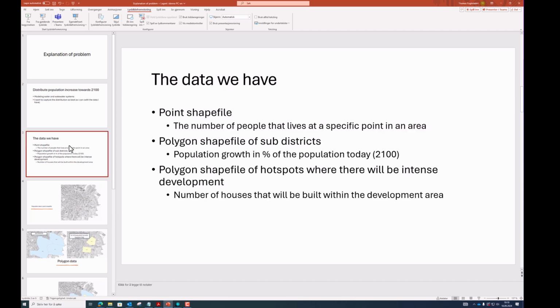The data we have is a point shapefile with the number of people that live at a specific point in an area. We have a polygon shapefile of sub-districts, and these sub-district polygons contain information about the population growth in percentage from today's population. So if it's 25%, it means that there will be 25% based on today's population, which will come in addition in the year